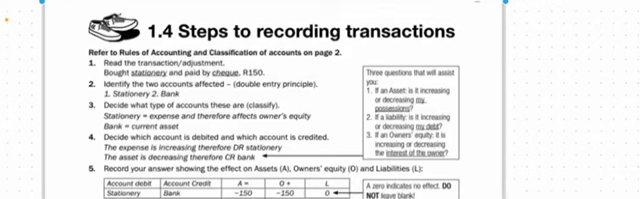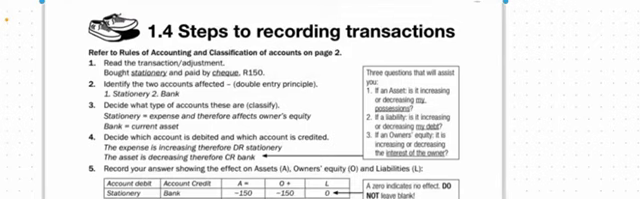Also, again, you have to make sure that you know which accounts belong to which groups. Is it an asset? Is it an equity? Is it a liability, right? And therefore, after that, you're going to check, is it current, non-current, or drawings, and so forth, okay. And then we have